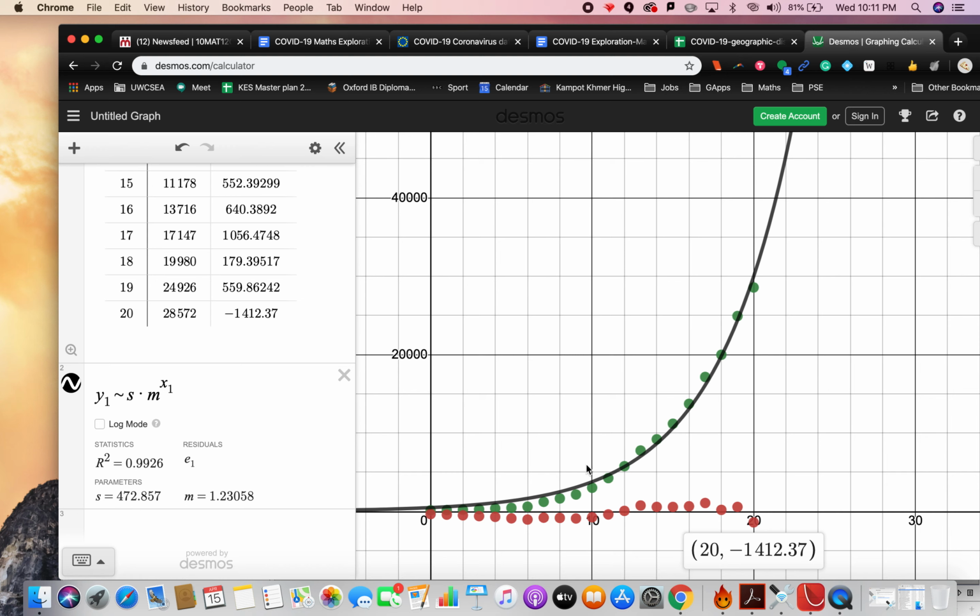There's another measure of how well the model fits the data for the first 20 days, and it's called an R-squared value. So here the R-squared value is just a number between 0 and 1. The closer to 1 it is, the better the actual model that you've created fits the data. In fact, if the R-squared value was 1, then all of these points would be perfectly on this curve. Okay, so this R-squared is very, very close to 1. Okay, so let's go back now to